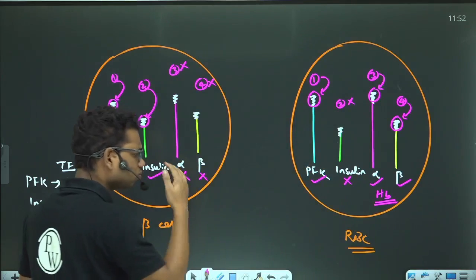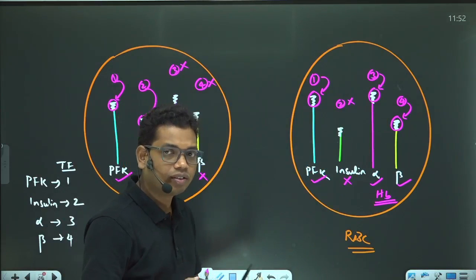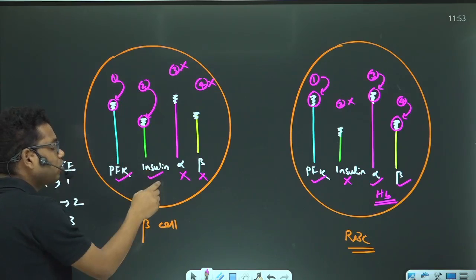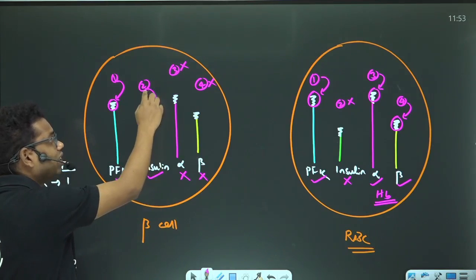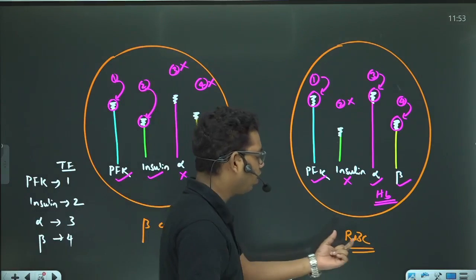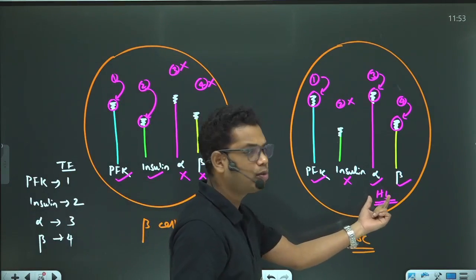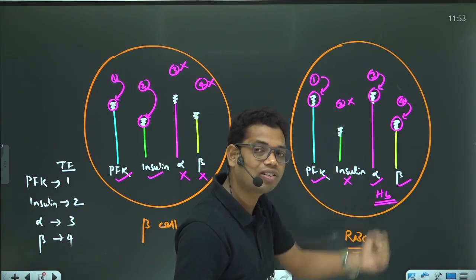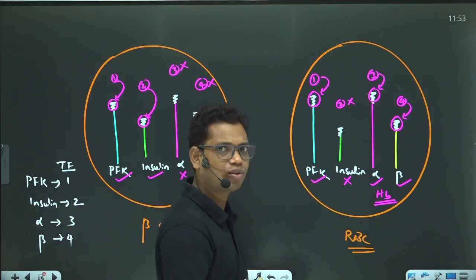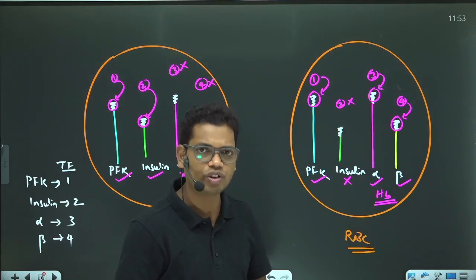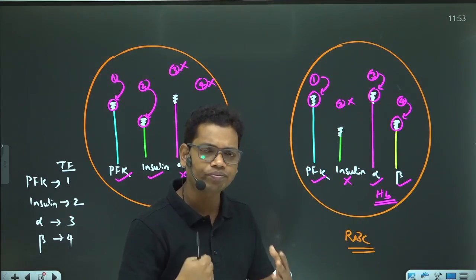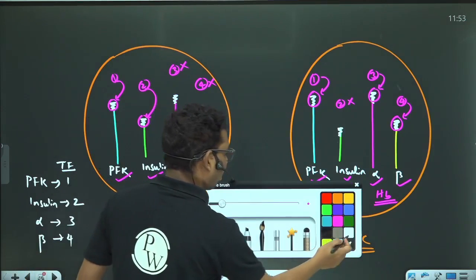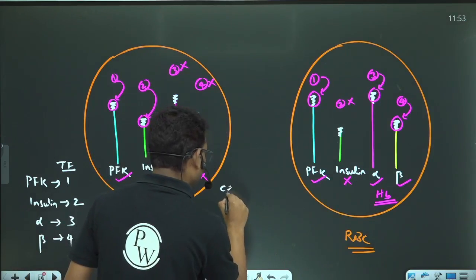So I will say that the cell differentiation, why did it become a beta cell? Because it produced insulin. Why did it produce insulin? Because of the production of transcription factor 2. Why did it become RBC? Because it produced hemoglobin. Why did it produce hemoglobin? Because of the expression of transcription factor 3 and 4. So this formation of different types of cells is called cell differentiation, and the cell differentiation is due to the differential expression of transcription factors. So I will write one point over here, that cell differentiation